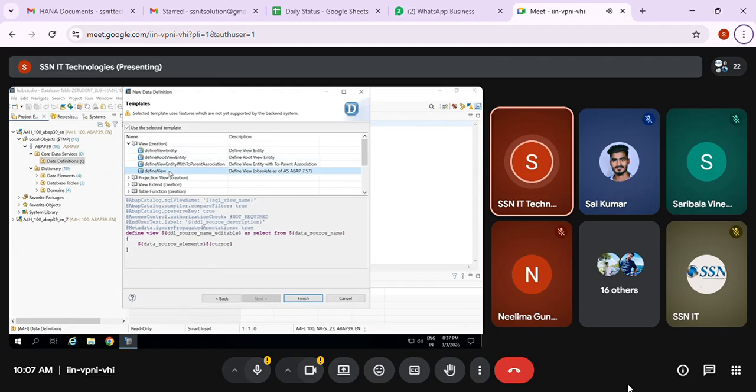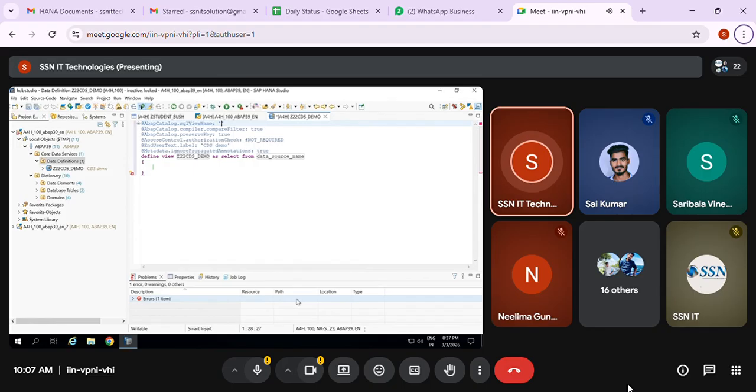First we are going to discuss define view. Even though it says absolute from 7.57, I'm still going to choose define view and show you this. Then later we can go for define view entity. What is the difference we'll also discuss. I created define view and then finish. How do I know it is an entity or a define view? Earlier it said define view entity, and now you can see only define view there. That is how I differentiate.